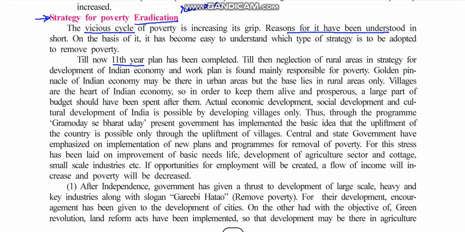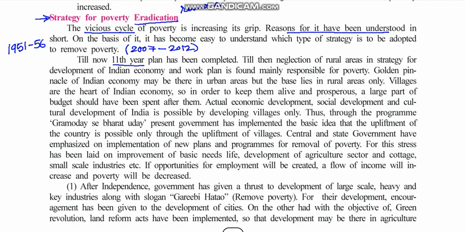which was implemented in 2007 and continued till 2012. Okay, so this was the 11th 5-year plan. You have already studied in 9th standard that 5-year plans were implemented after the independence of India. The first 5-year plan was implemented in 1951 and it continued till 1956. The 11th 5-year plan was implemented in 2007 and completed in 2012, right? So in the 11th 5-year plan, what happened?